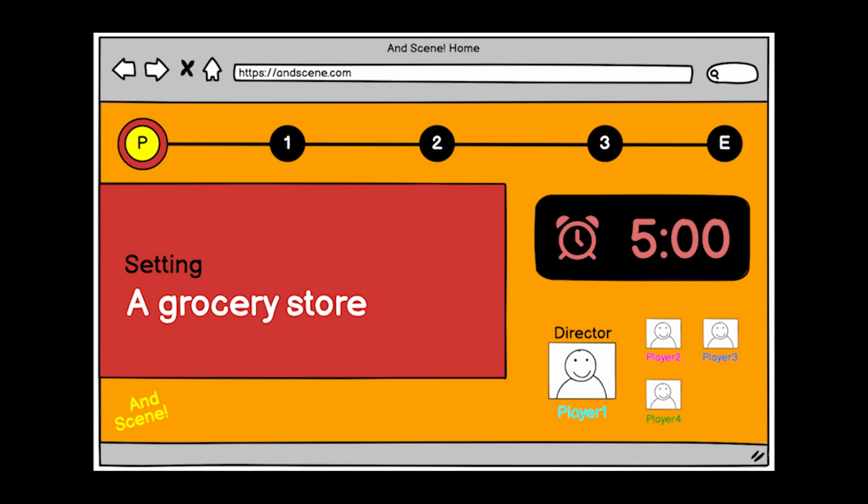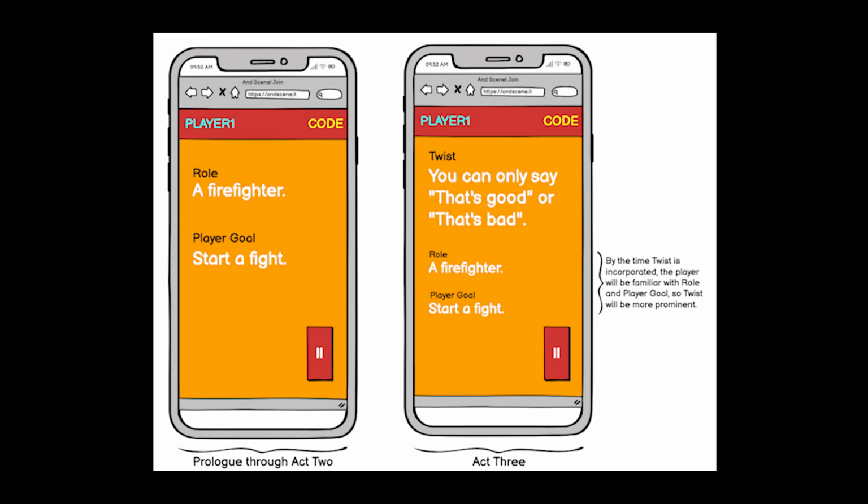There's also a timer for 5 minutes that's big and obvious for the players so that they can just double check what that is. You can also view who the director is at any moment, and you can also view who the other players are. Jumping back to your personal device, though, on your personal device, as the scene goes on, you will be able